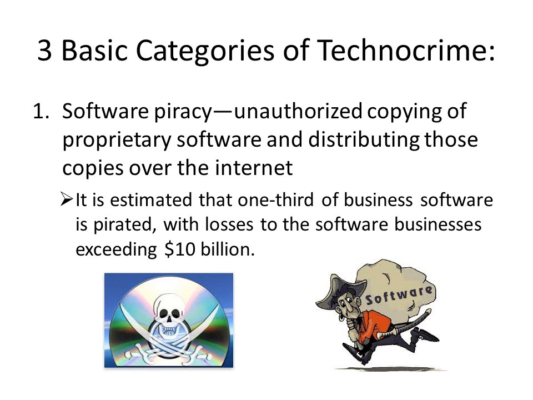We're going to look at three basic categories of technocrime. First, we have software piracy. And this is something that most of us have actually committed. Unauthorized copying of proprietary software and distributing those copies over the internet. For most of us, we may do that with music or movies, but one of the big areas is business software. So something like Microsoft Word or Excel is oftentimes pirated,